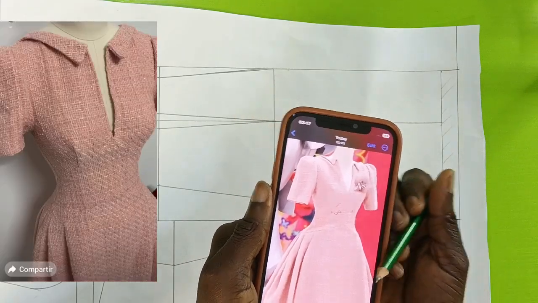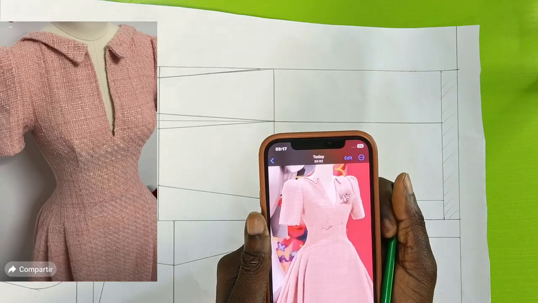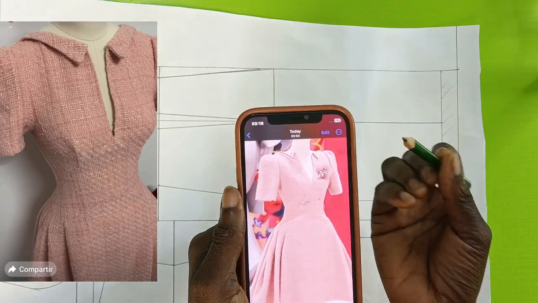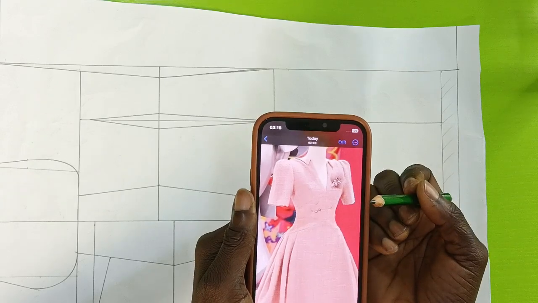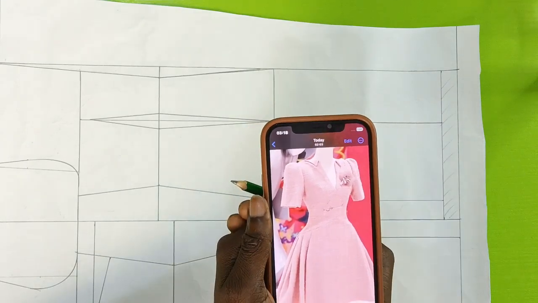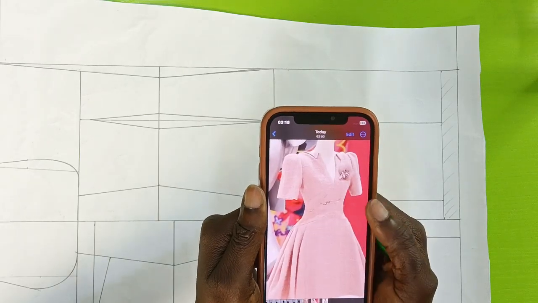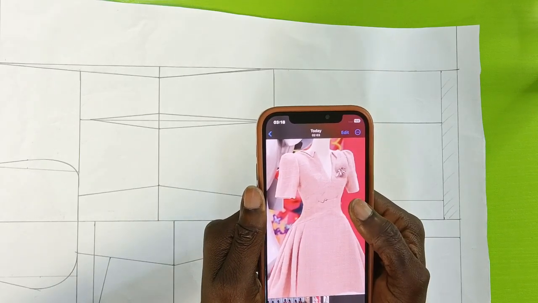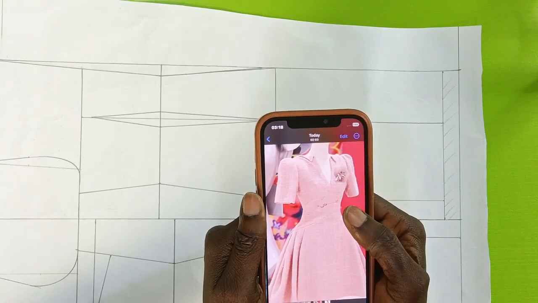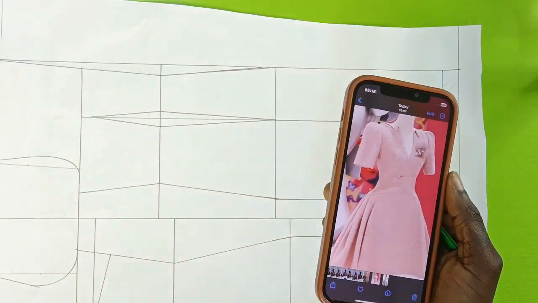Yes, you need a gown block to achieve this design, and there are different ways to go about this, but I'll be showing you the easiest way, so you don't waste your time or get worked up about creating this design, especially for the fact that it doesn't have a waist cut. Okay, so what you're going to do is to draft your gown block to your desired length,